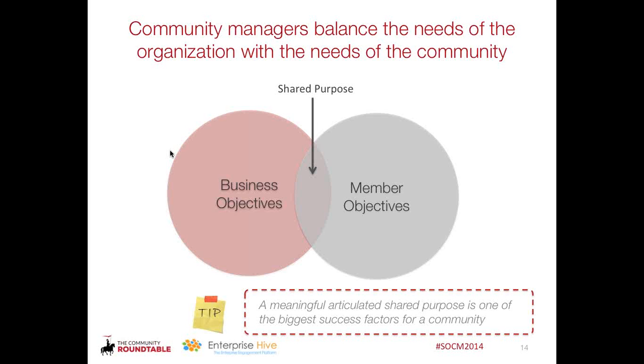Meaning people like to know what they're supposed to be doing. So if you tell them exactly what you'd like them to be doing in your community, they're more likely to do it. It's not a guarantee, but they're more likely. So spending time up front, really thinking about what's going to provide value for both of those groups, and then balancing over time. And it is a constant balancing act. You tend to go back and forth between what the business wants and what the member wants, and making sure that neither one of those gets overwhelmed is really the objective.